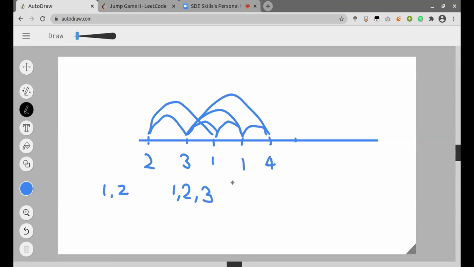When I am at 1, I can do a jump of only 1. Similarly, when I am at 1, I can do a jump of only 1. And I don't have to calculate for 4 since I need to fall at this index. So there is no need of calculating for 4. Is it backtracking approach? Yeah. So the brute force would be the backtracking approach only.